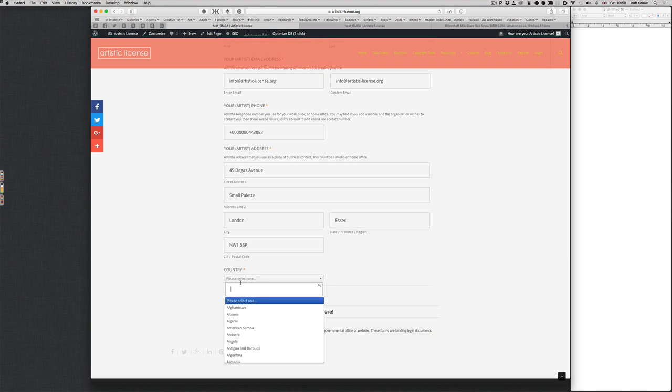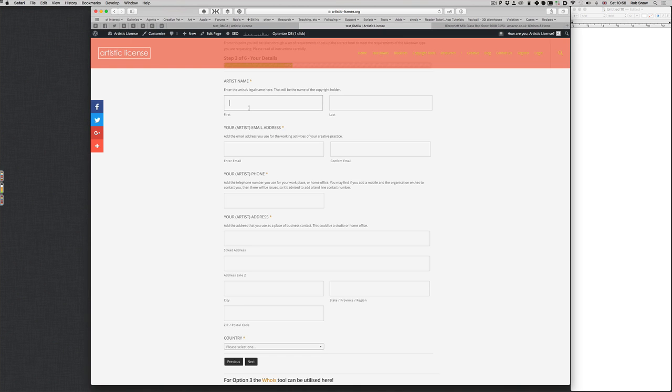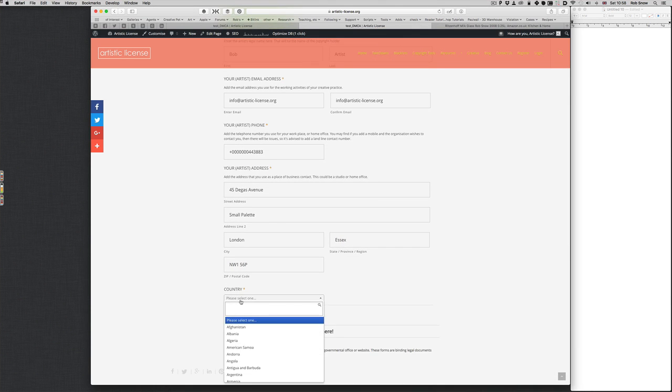Okay, here, as I said before, you just type in which country you're looking for and it will find it for you. That's next. And we'll do the same on this one. As the agent, you still have to put in the details for the artist. So it's exactly the same as the previous form. Like so. Okay. London, 6, and so forth. And then again,